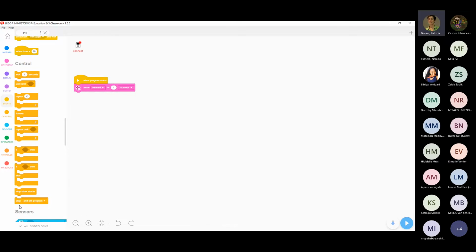Unfortunately, for a lot of people, EV3 Classroom and the Spike app are only available on Windows 10 and only certain versions of Windows 10. But the system requirements are on Lego's website. So if you think you want to download it, just check the system requirements. It's got like a little version number there, and it even tells you how to check it. And then you can go do that. Otherwise, if you don't have it,